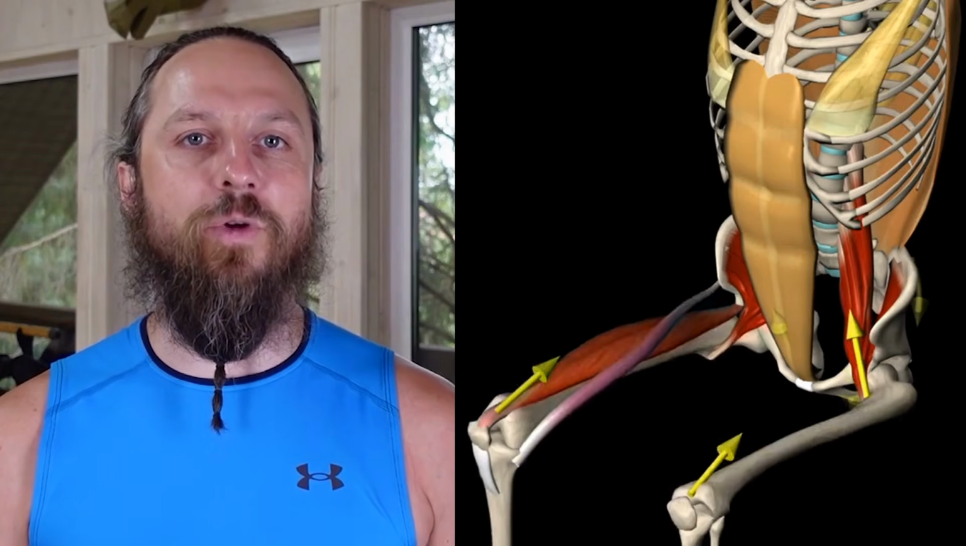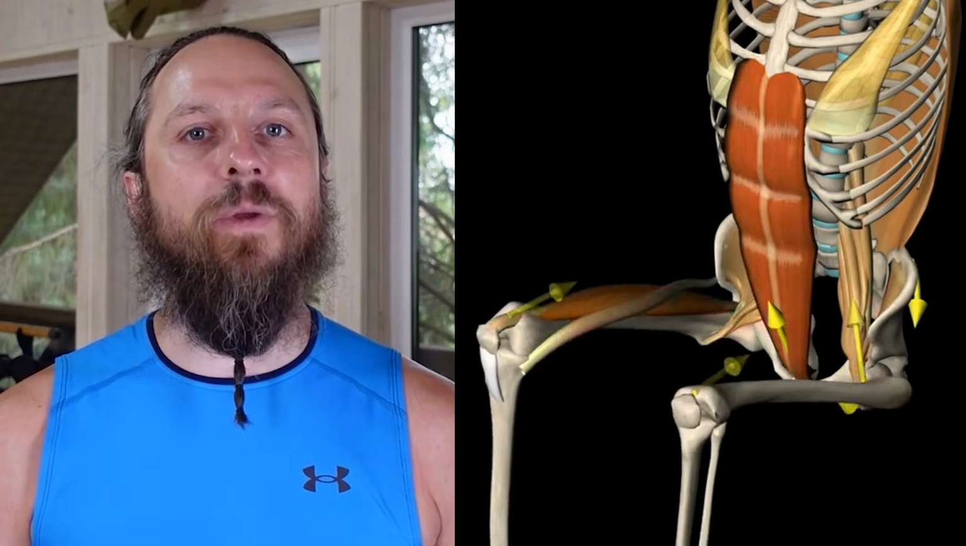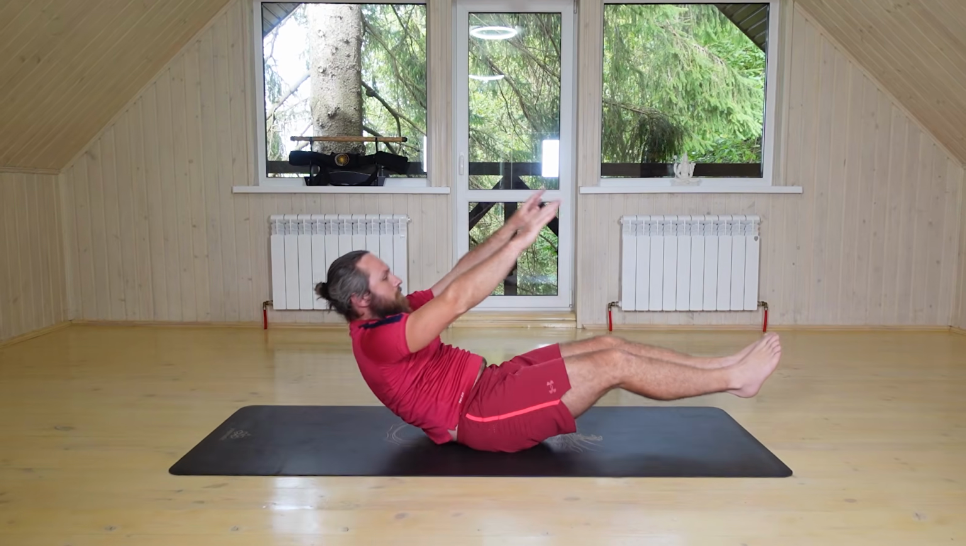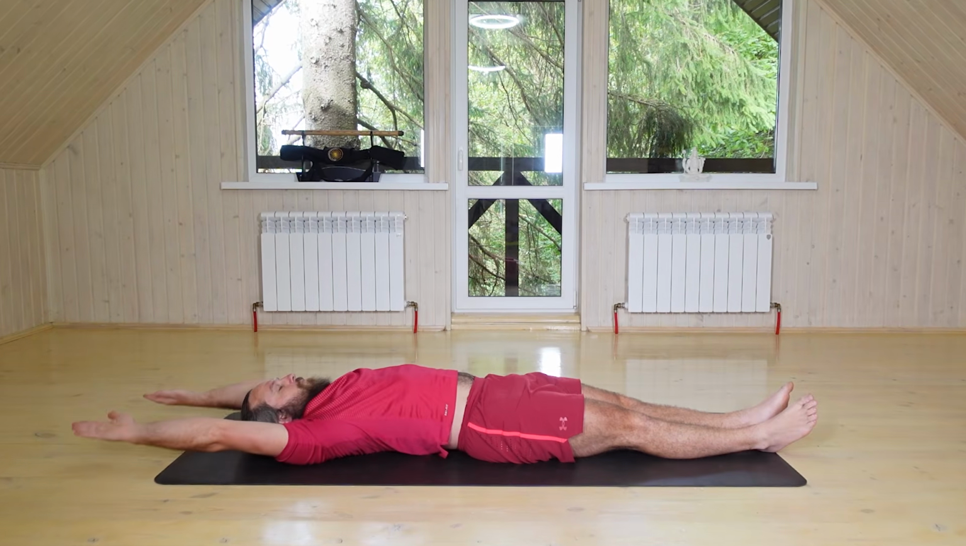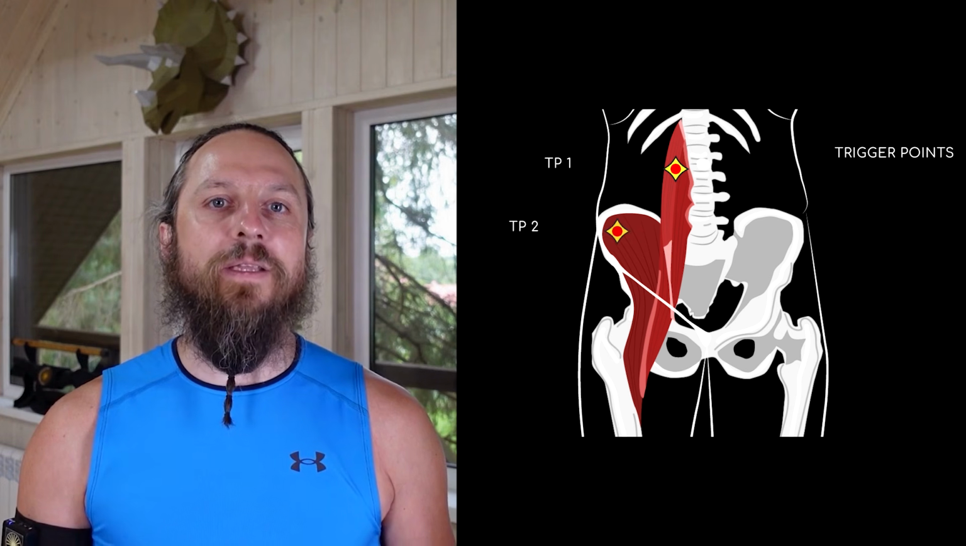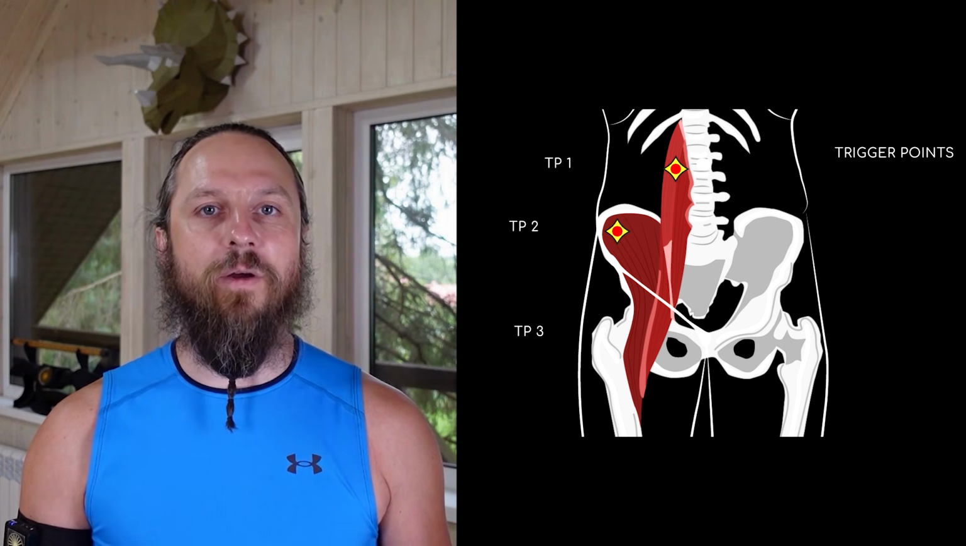The iliopsoas works in concert with the rectus abdominis. If the rectus abdominis is weak, the psoas tries to compensate and is at increased risk of trigger points. If you can do this exercise from a supine position without using your feet as support, your rectus abdominis is in good condition. Trigger points in the iliopsoas muscle are rarely found as isolated myofascial syndrome and are often combined